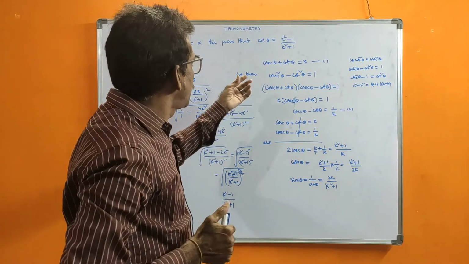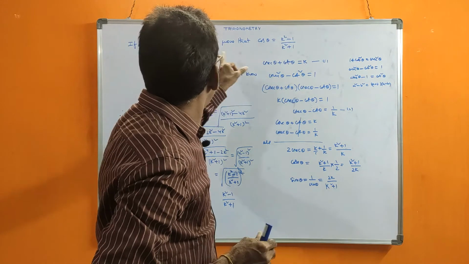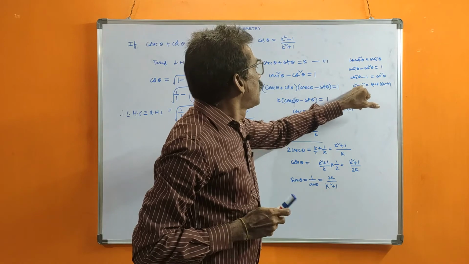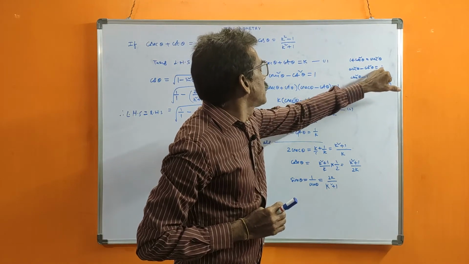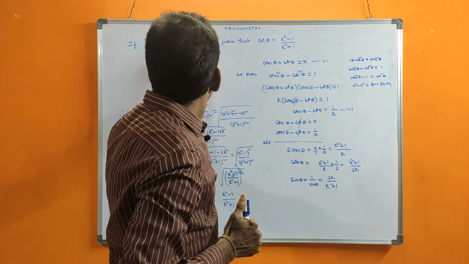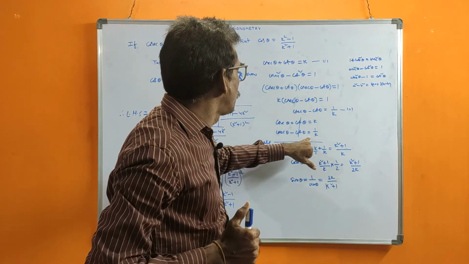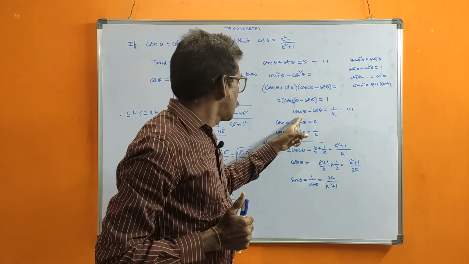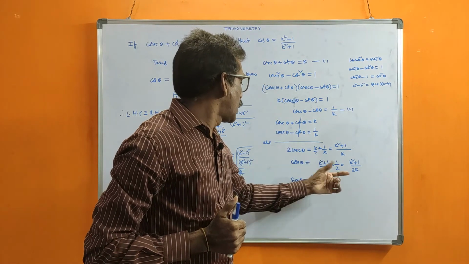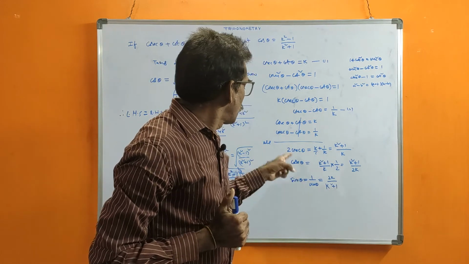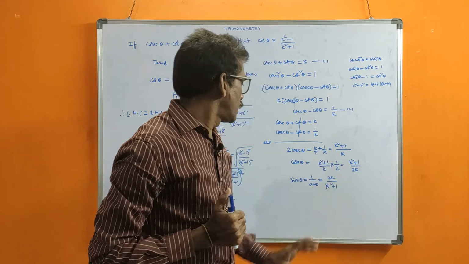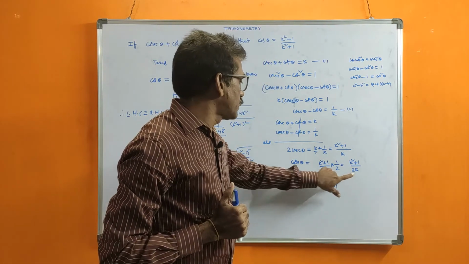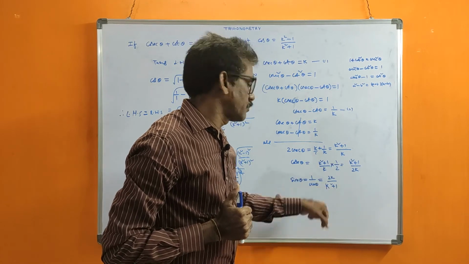In this problem, using the relation that cosecant theta plus cot theta is k, and cosecant square theta minus cot square theta is 1, we found cosecant theta minus cot theta is 1 by k. Once you know a plus b and a minus b, by simultaneous equations you get 2 cosecant theta. So the cosecant value is k square plus 1 by 2k, and the sine value is its reverse, 2k by k square plus 1.